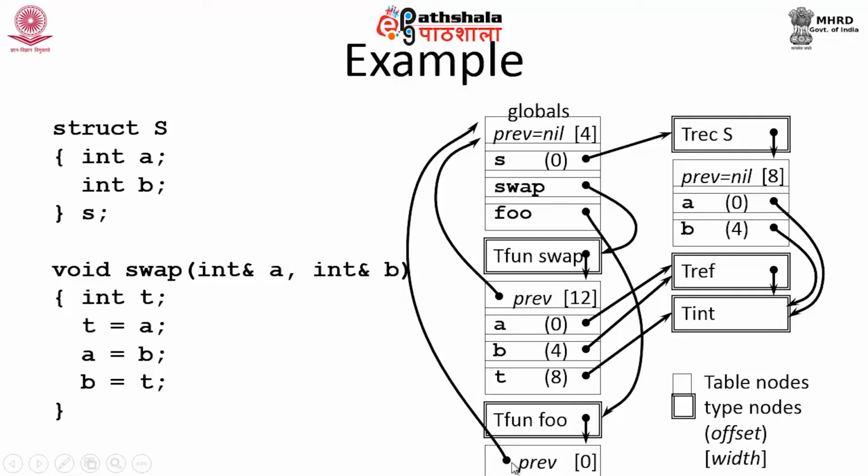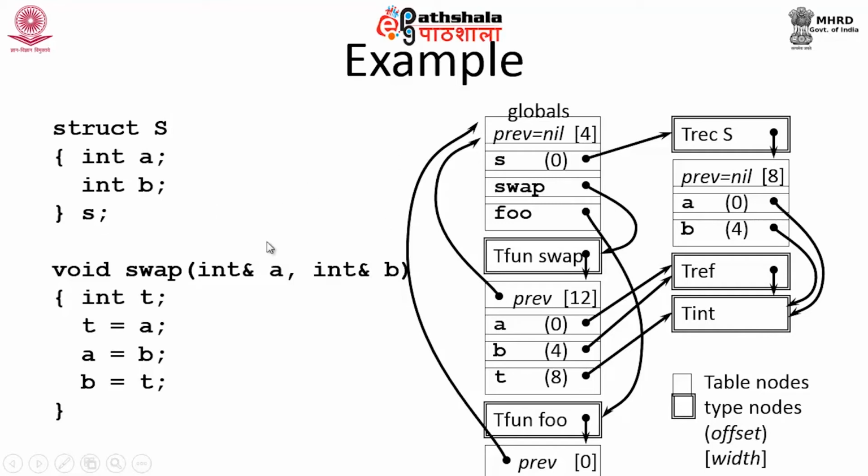Similarly, there is one more function called foo, which is again called from the main symbol table. So, the previous pointer points to this symbol table. Here the address of previous will be the address of the global symbol table. Here again the address of previous will be the address of the global symbol table, and in turn this is your information. I have also got the offset here because this is the main function. I have only 4 as my offset here because S is my variable.